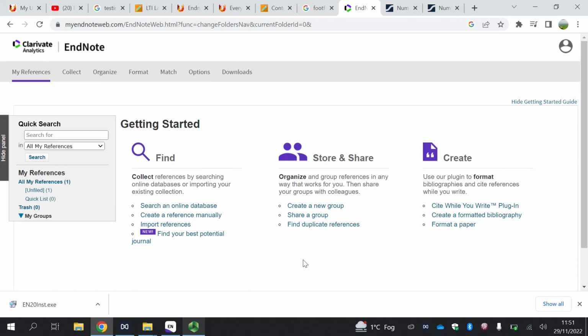So I will stop this video here. In the next video, I'm going to talk about how you can now download the EndNote application, license it, and then synchronize the library with this reference you added online and be able to cite